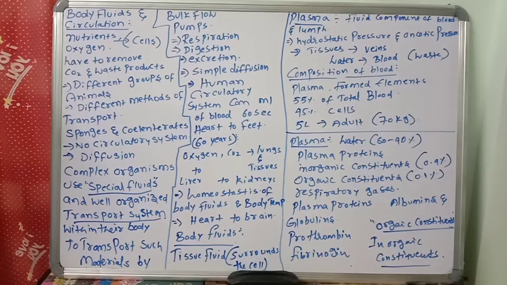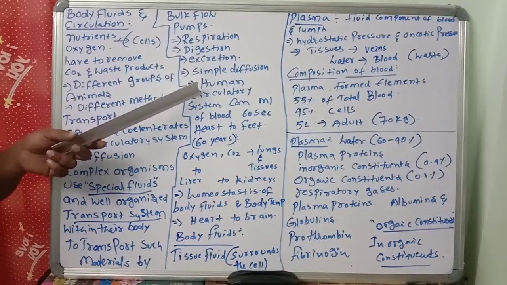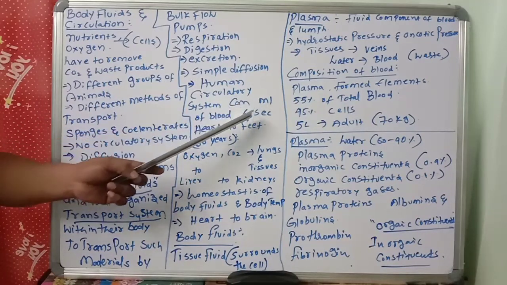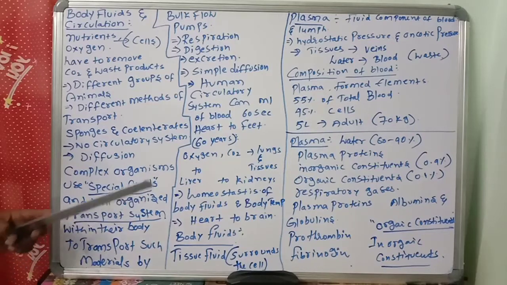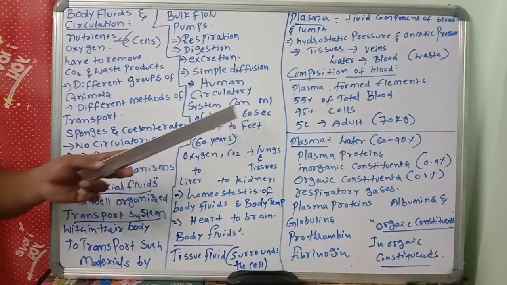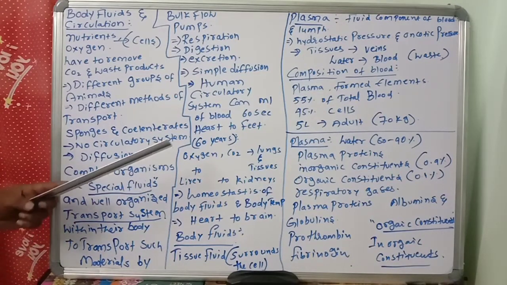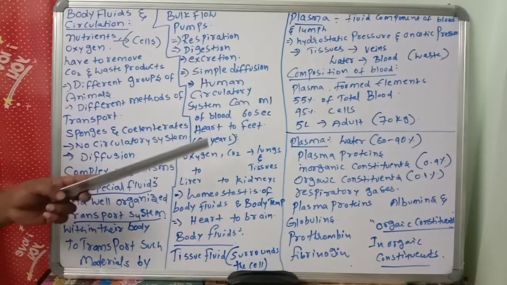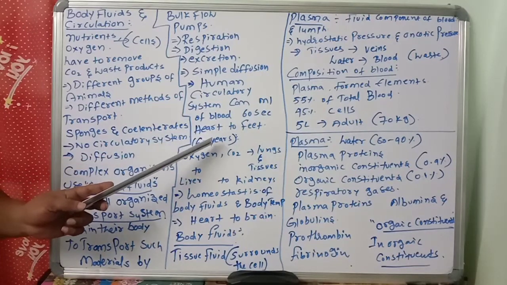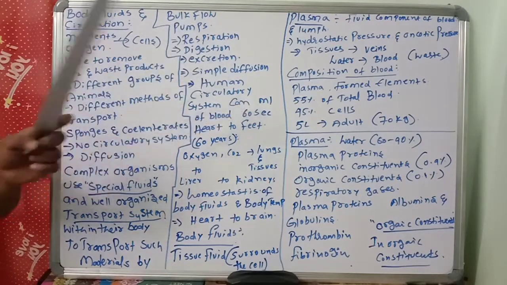Coming to how fast: the human circulatory system can circulate a milliliter of blood, a milliliter of blood, how long? From heart to feet in 60 seconds. You believe it or not, the human heart or pump system moves a milliliter of blood from heart to feet in just 60 seconds. Sixty years would be needed if it were by diffusion. Suppose 1 milliliter of blood had to transfer from heart to feet through diffusion, how long would it take? 60 years. But here how much? Through the pumps, bulk flow, 60 seconds.